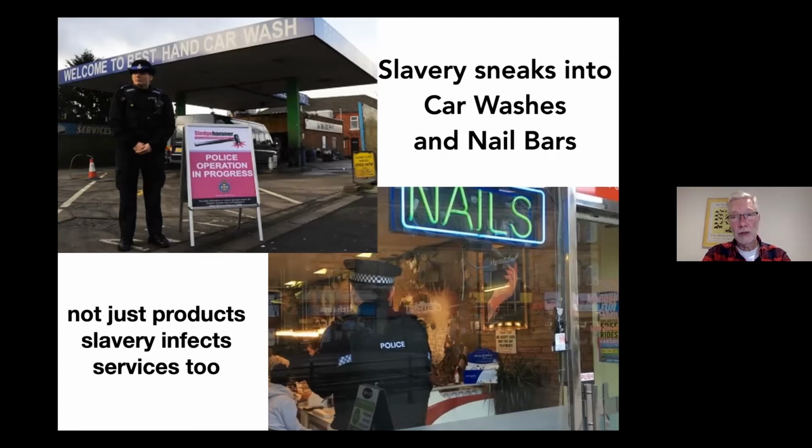And when they began to do that, they began to ask police to come and look into this. And it turned out to be not just something local in Nottingham, it turned out to be something that was completely all over the country. Though, interestingly,